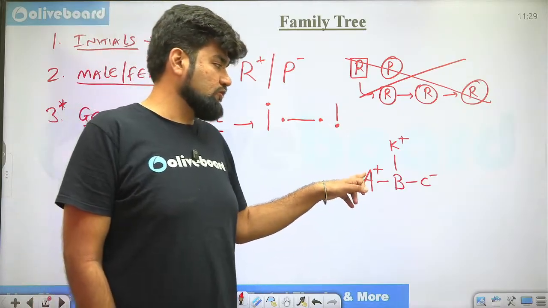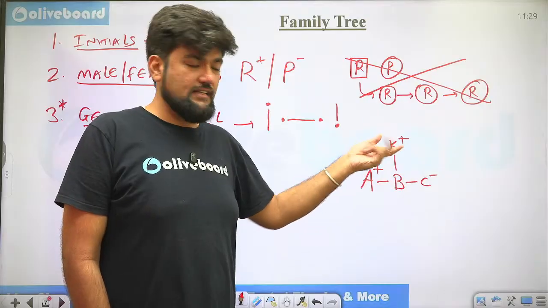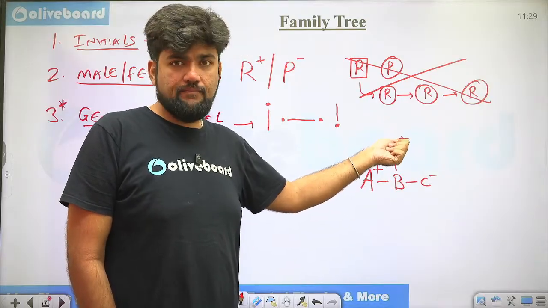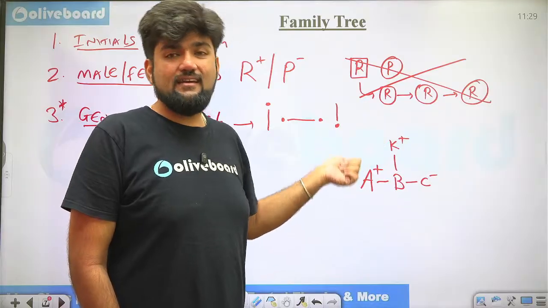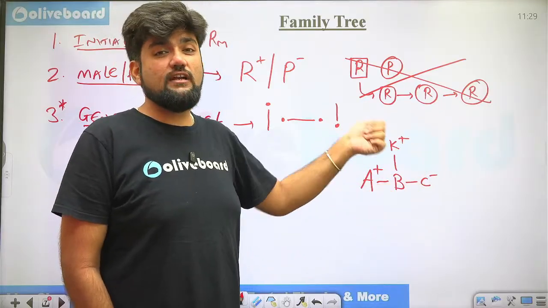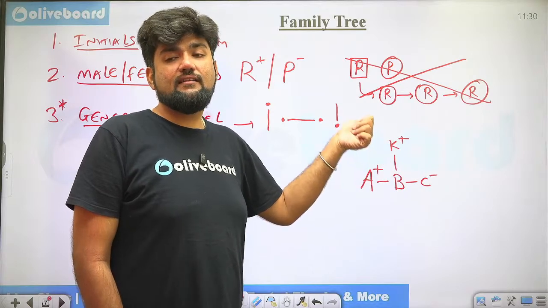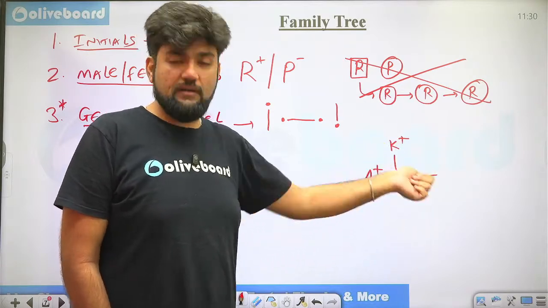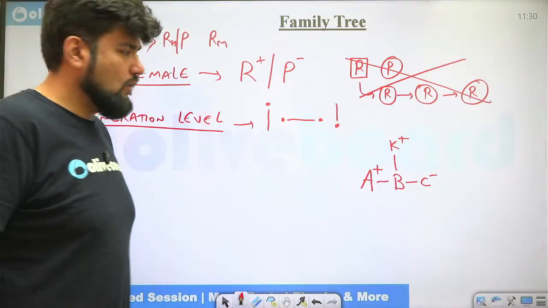Now, if I have told you that A, B and C are brothers and sisters, they are sharing the same set of parents. That means A is the son of K. C is the daughter of K. K is the father of A. K is the father of C. This is how you read it. So it need not be connected directly. Even indirectly, you can read it that K is the father of all these three people. Understood? Now, I am saying